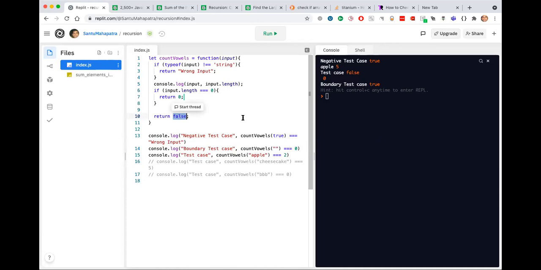So recursive logic, what we can do is we can check the first element, and if the first element is correct, or by correct I mean it's a vowel, we can add one, or else we can drop the first element and continue with the remaining of the string. So our focus is on the first element.